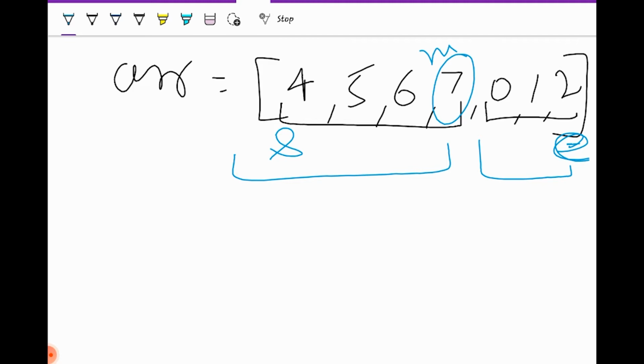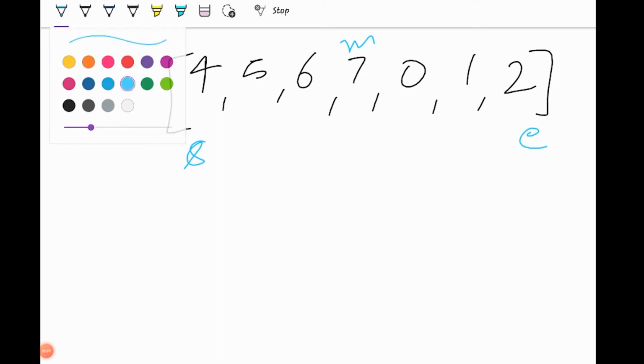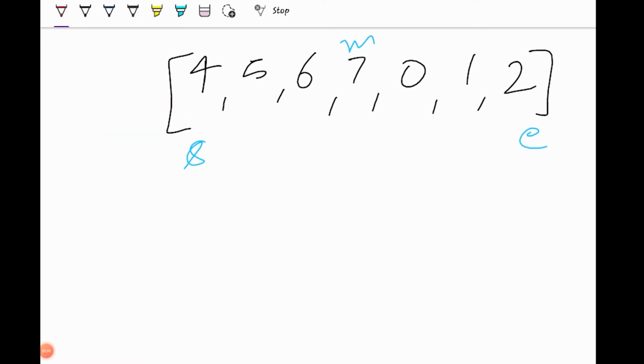If we are to search an element and we know that this array is sorted and has been rotated, wouldn't it be easier and more efficient if we search the element in this particular part of the array or this particular part of the array? Now for choosing this or this, we have certain conditions. Now basically the idea behind this solution is that we have to find that point, as I said earlier, we have to search basically by making two arrays.